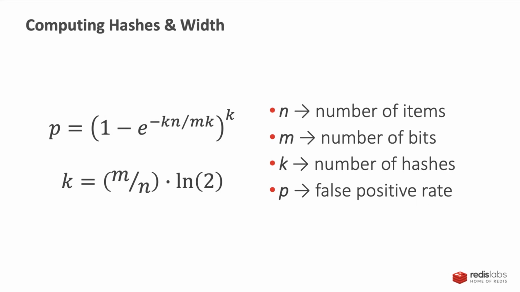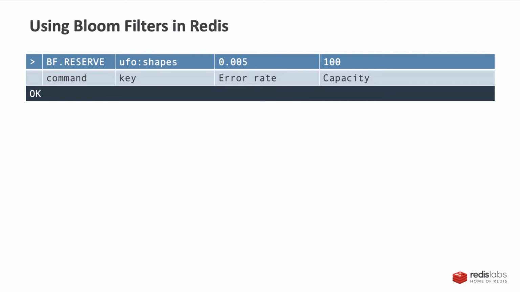Or you can do the algebra and actually substitute K with M divided by N times the natural log of 2 in all those places, and do that as well. But you still have to go back and solve for K and everything. But it's just an algebra problem. It's not that hard, and you could do that. There's an online calculator that does that as well. That's very convenient. But of course, I just use Redis to do this because it has a Bloom filter built in,